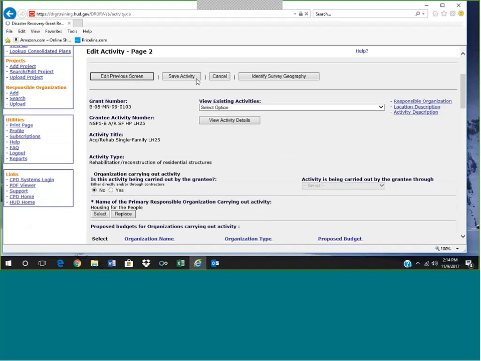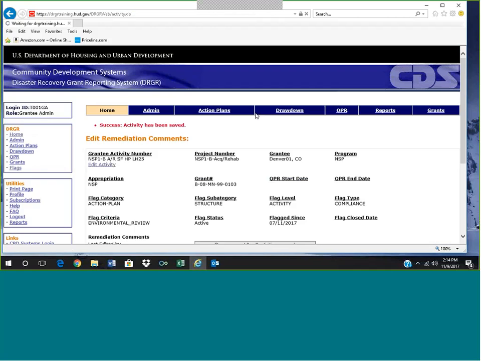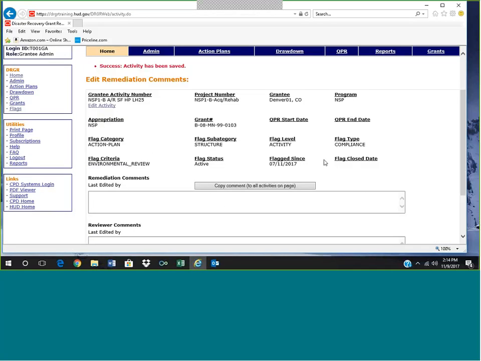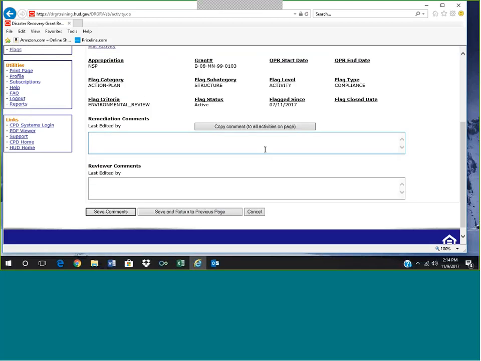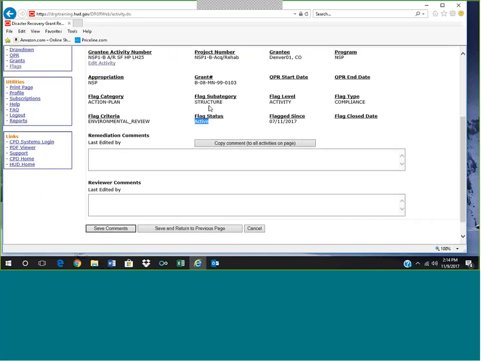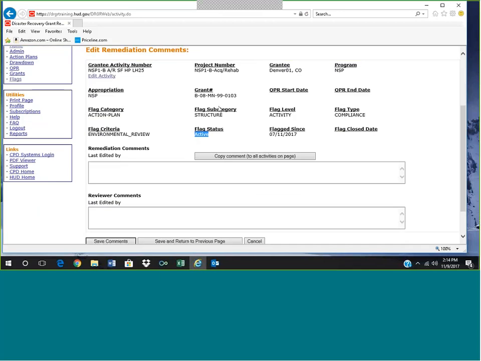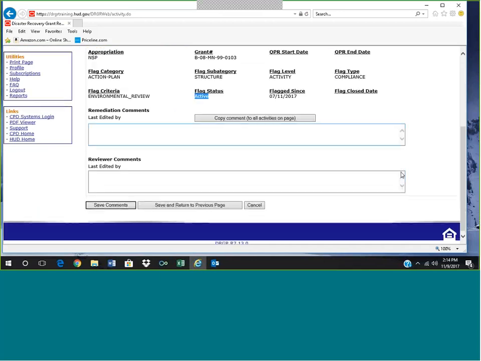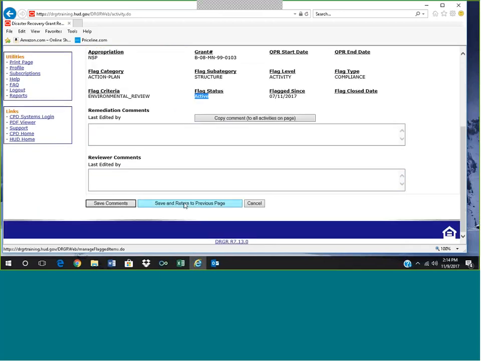And then I'm going to save the activity, and like magic, it's going to pop me right back into flags. Isn't that great? I think this is a beautiful thing. Okay, so here I am back in flags. Now, as you can see, this flag status is still marked active because it hasn't been updated yet. Okay, so I'm going to save and return to the previous page, and I'm going to show you